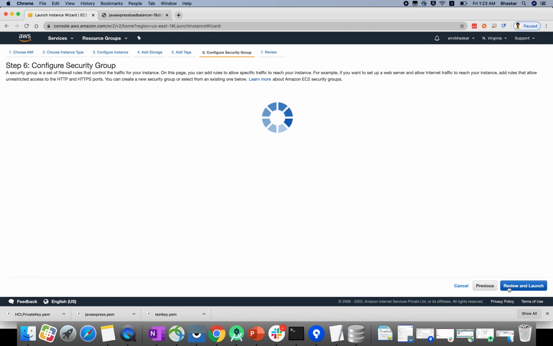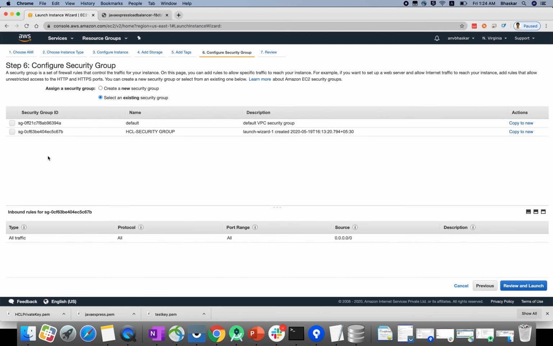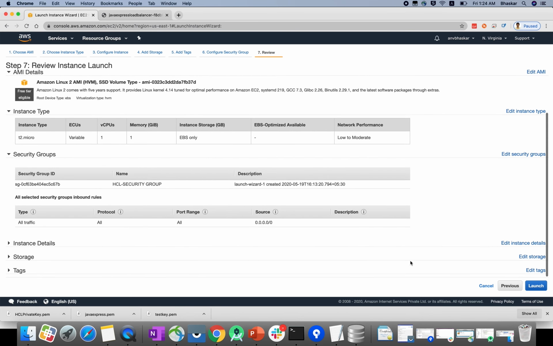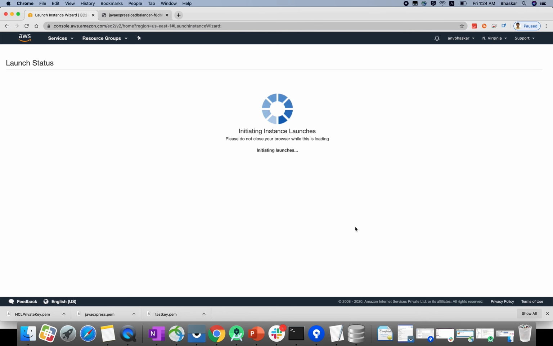Now this is the third one. Configure security group. You can give the default security group, or you can select the HCL security group. Click review and launch, and I can use the same key, the HCL private key, and click launch instances.